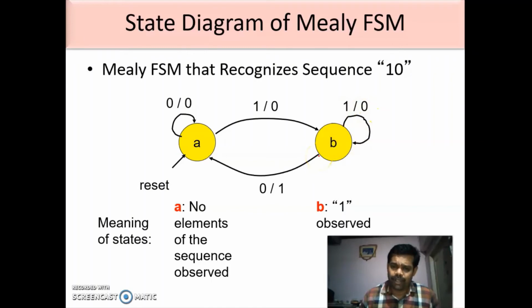But again, if you are recognizing a 0, you are changing the output to 1 and you are coming to A. So this is the state diagram for Mealy. Now we are going for the